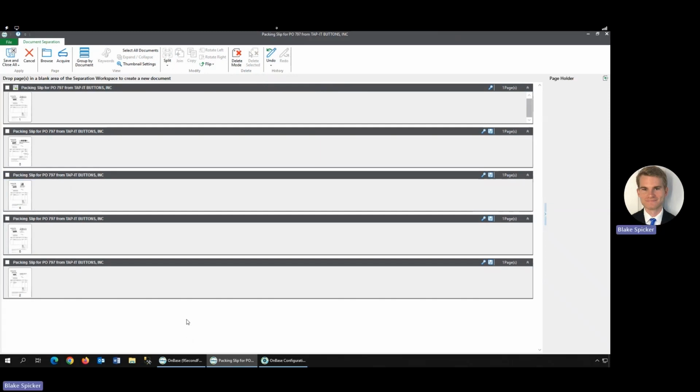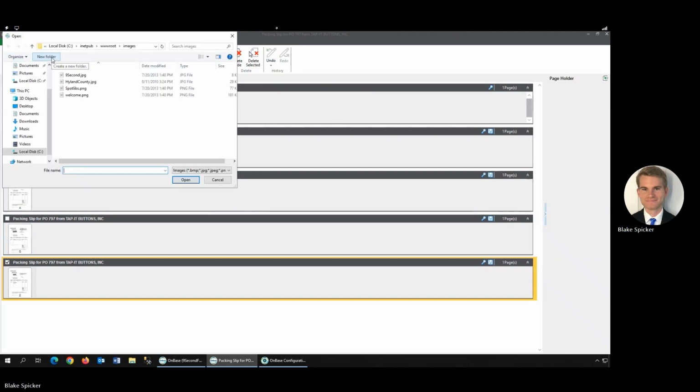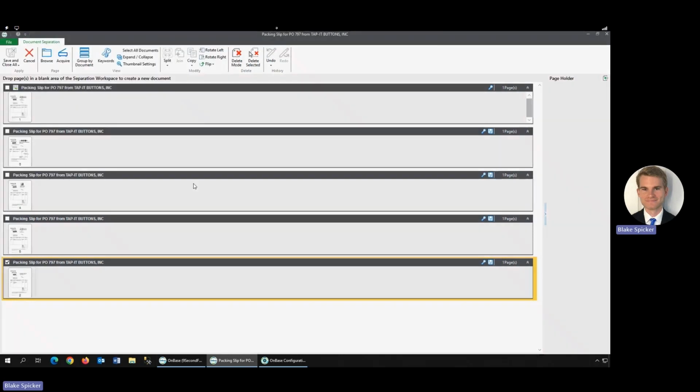It is also worth noting that besides separating out documents, if you ever need to add anything in, you can do that as well. If we do this, we can select our document that we want to add to, and then we can hit Browse. By selecting one of the documents we'd like to add, in this case, a welcome image, we just go ahead and open that. You can see that it's now added onto this document. With that, it will add that new file to our existing document that we've been working on, and it will be saved out once we've ended our document separation session.